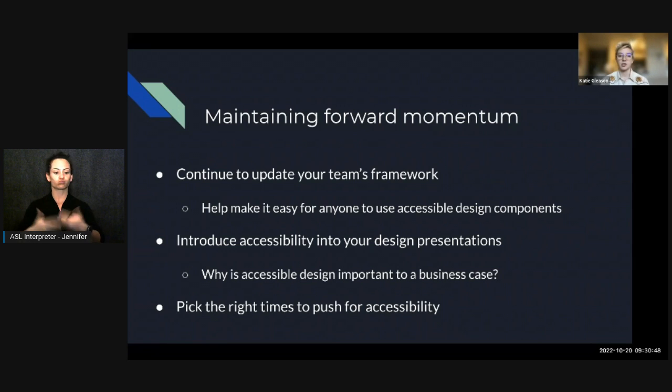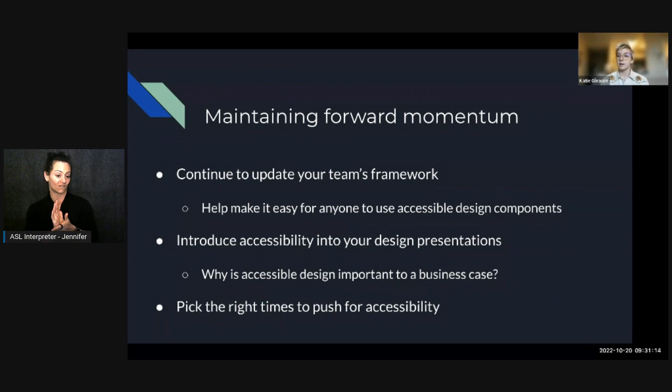And so, like I mentioned just a few moments ago, you're going to want to continue updating this framework. As you continue to go through just your regular day-to-day design work, you'll find other either existing accessible gray areas, or potentially your team might want to introduce a new component like an animation or a video onto a page.